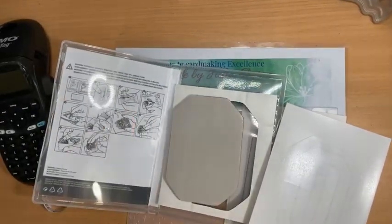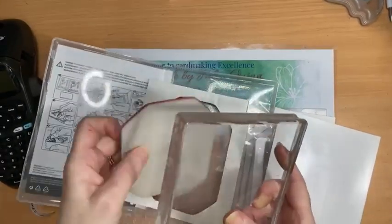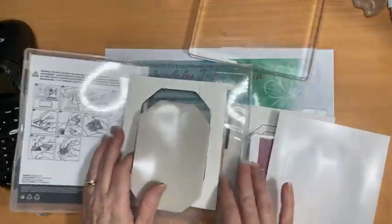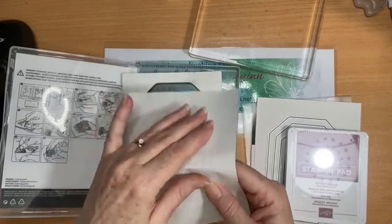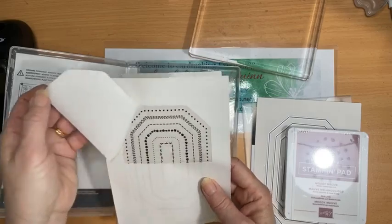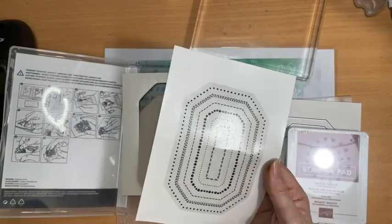There are some demonstrators who just put stamps straight on the block, but I actually prefer to do the sticker because I like to see what I'm stamping. So the sticker does have a cut halfway through your stamped image, and you take off both of your pieces there, and then